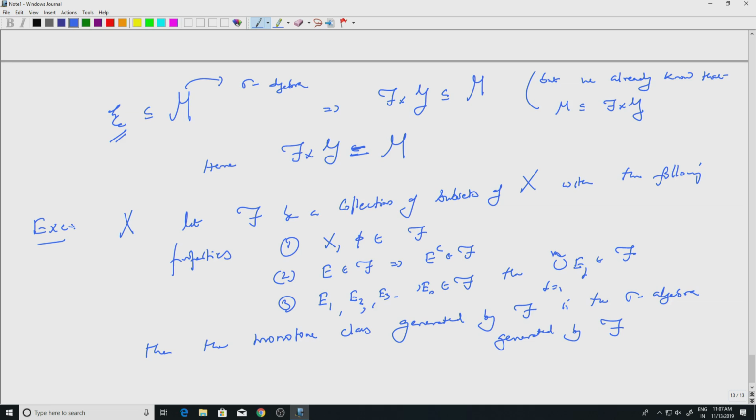So we will stop here. We defined the product sigma algebra and we have proved the monotone class theorem. The monotone class theorem says that the sigma algebra generated by the elementary sets, recall that elementary sets are finite disjoint unions of measurable rectangles, is the same as the monotone class generated by elementary sets. We will use this in a crucial manner while constructing the measure on the product space, which is what we will take up in the next lecture.